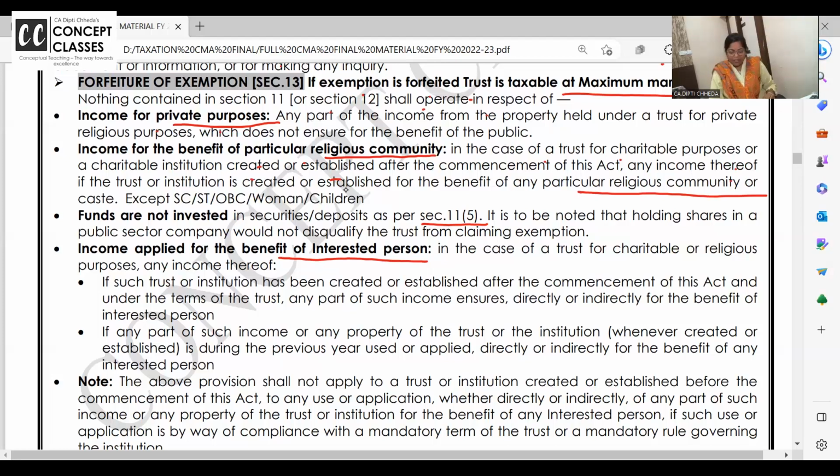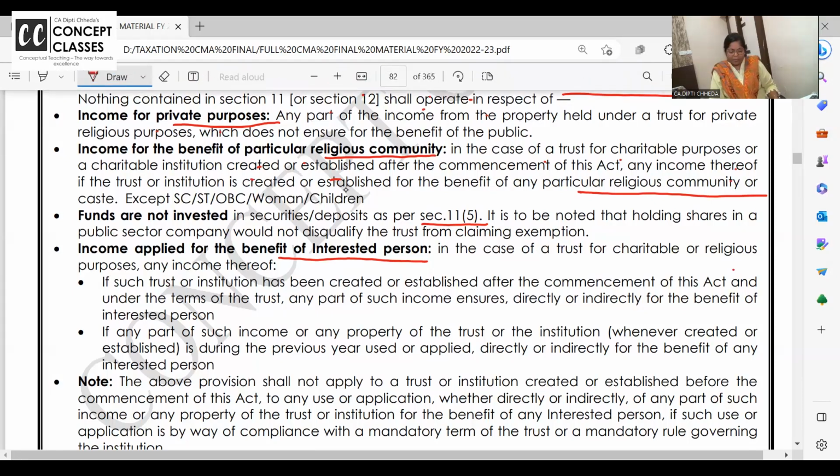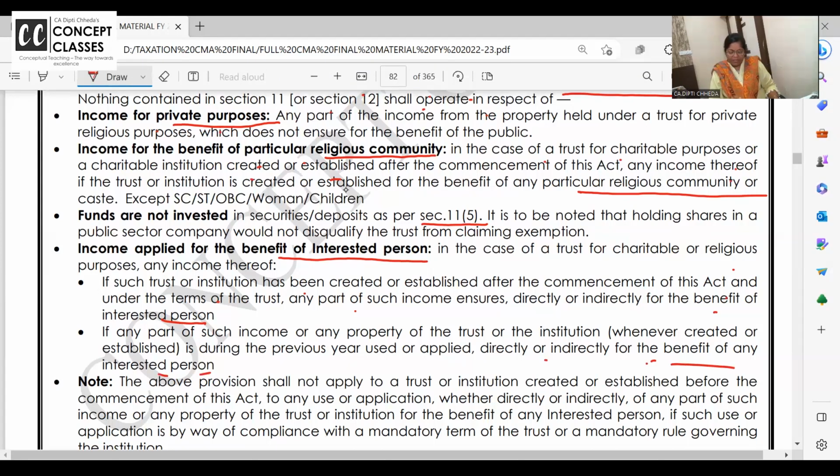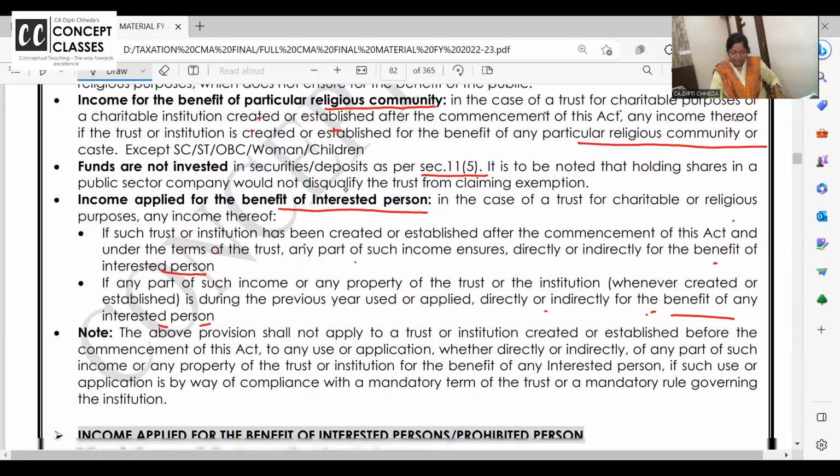5 cases. So if you are using the trust income for the benefit of interested person, that list we discussed yesterday. In case of a trust for charitable or religious purpose, if any part of income ensures direct benefit to interested person, or is applied directly or indirectly for the benefit of the interested person, it's going to be taxable.